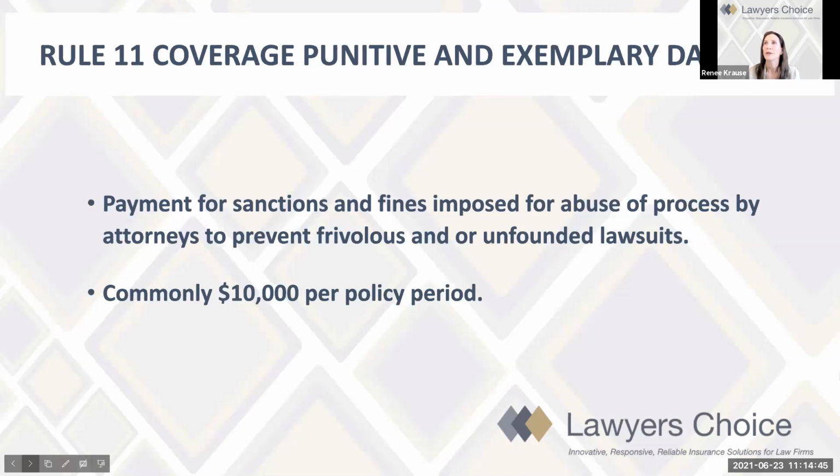Okay, Rule 11 coverage, punitive and exemplary damages. This is a very uncommon supplementary payment, but it is found in a few policies out there. And what it covers is payment for sanctions and fines imposed for abusive process by attorneys to prevent frivolous or unfounded lawsuits. And if you're not familiar, Rule 11 is a federal rule that prevents abusive process that most states have adopted. So this is a punitive